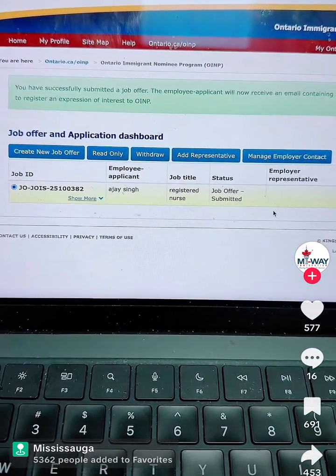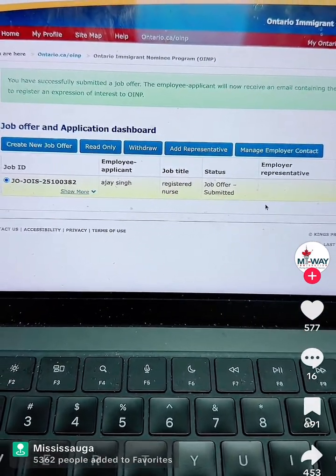Now everything goes to your employee. We will go into that in the next step. The most